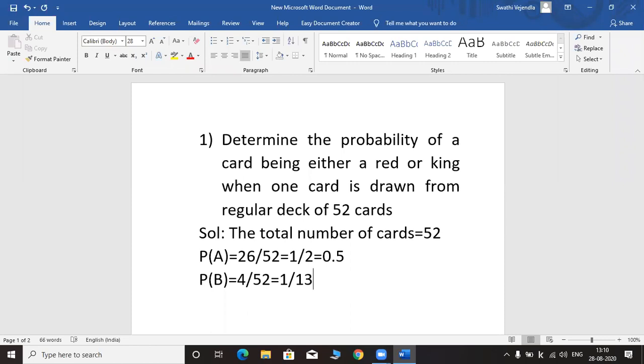Now what do we have to calculate? This is only part of the problem, not the actual solution. We have to calculate the probability of drawing a card which is red or which is a king card. So either a red or king means